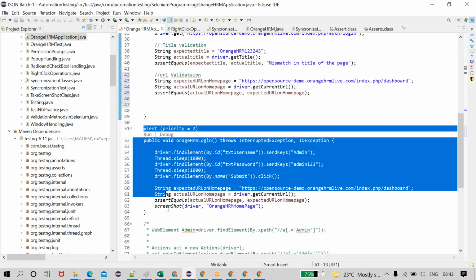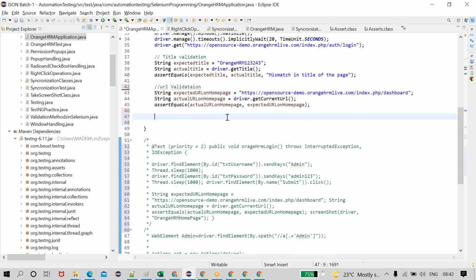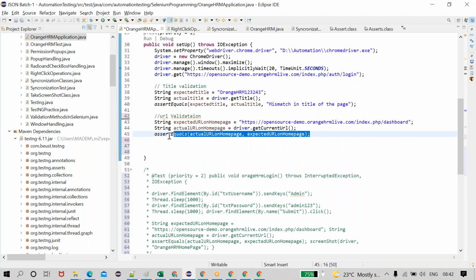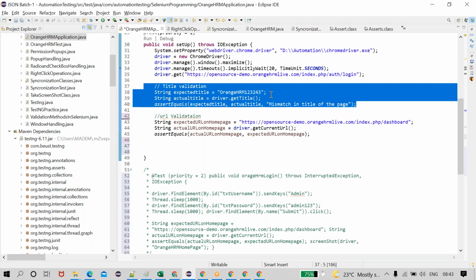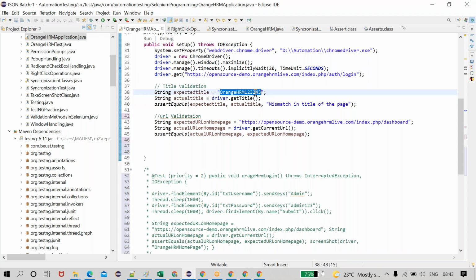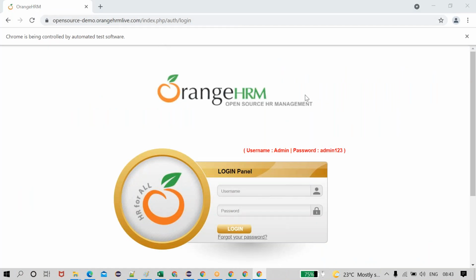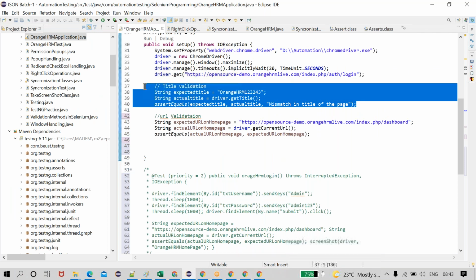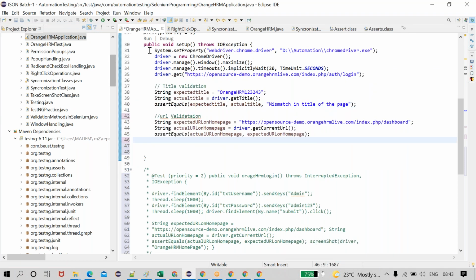Right now I am commenting this. You need to use all this. Observe very carefully, guys. See, after URL validation, if it is fail, this after title validation automatically fail because I am writing the wrong code. I need Orange HRM 1234, but actually it contains only just Orange HRM. If this line of statement will fail, next these lines won't be executed. Nothing but unreachable code.